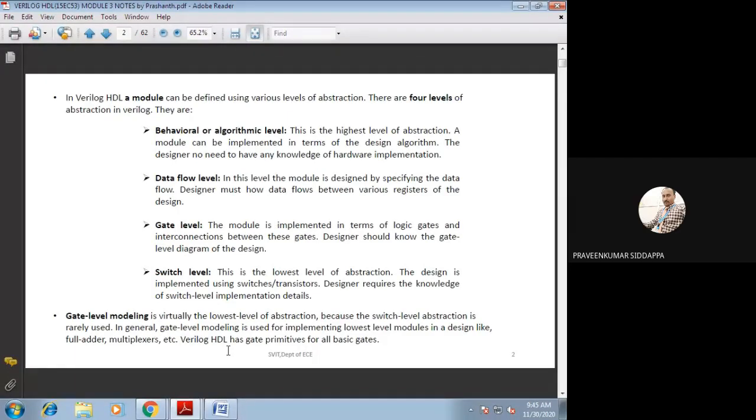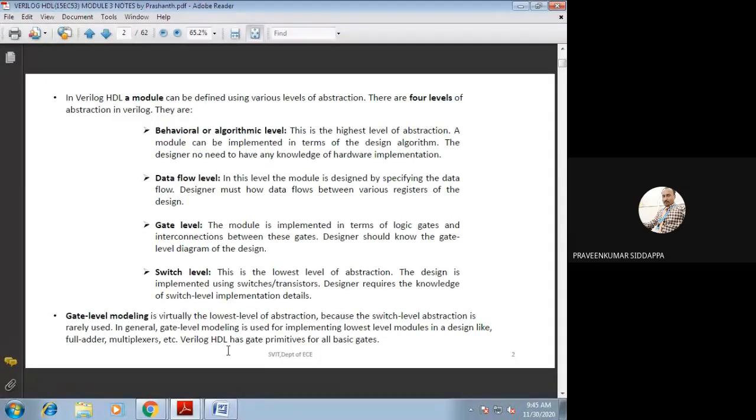Why? Wherever switches or MOSFETs or diodes are present in a diagram, that structural diagram has to be converted into a switch level description, so that is rarely used.